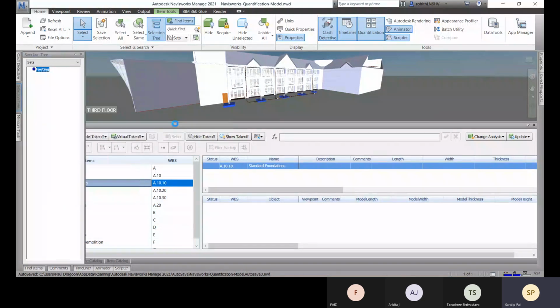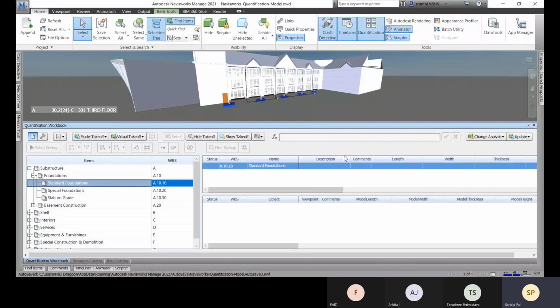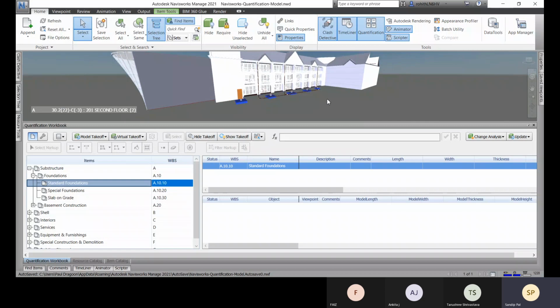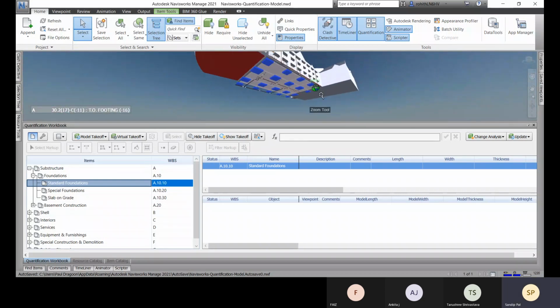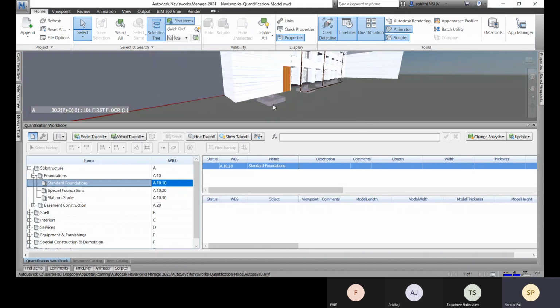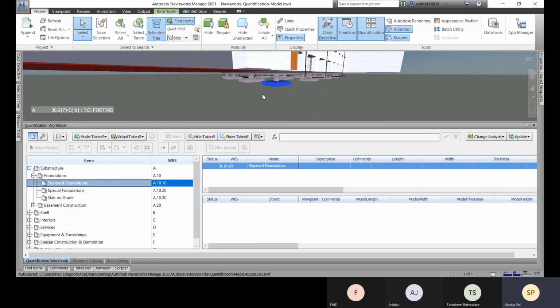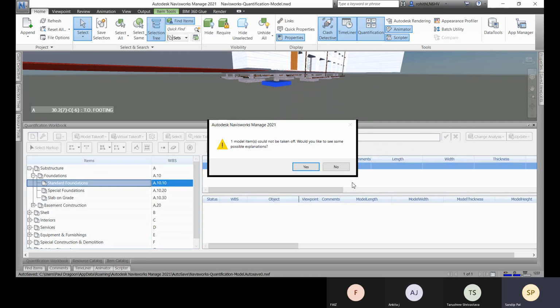Right click, take off to... The model could not be taken off. Why is that so? Okay, let me check once. Let me do it with this one, quantification to standard foundation. Why am I getting this error?